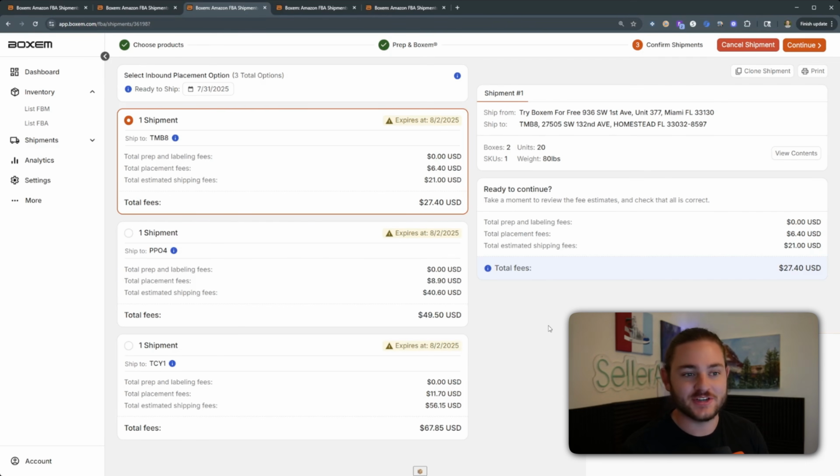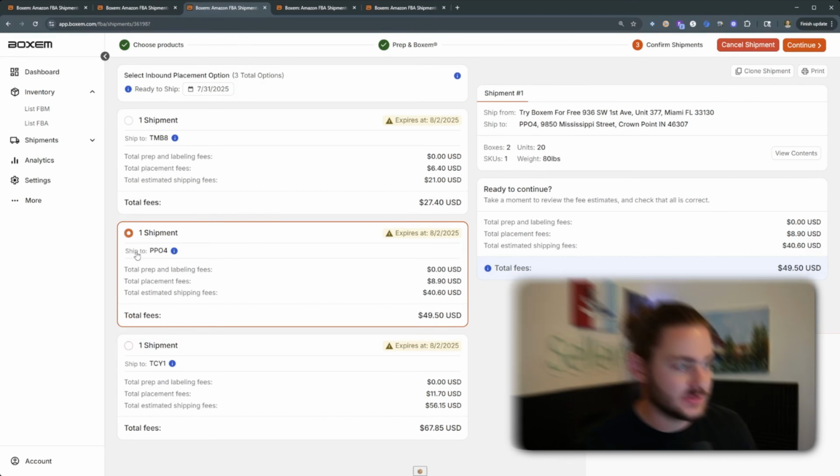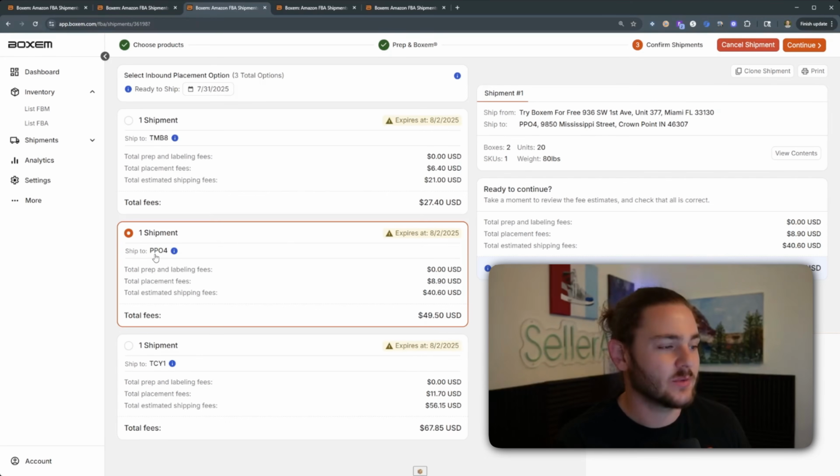After all the information is sent off to Amazon, you're going to see some quotes for the shipping here as well. So you can see here we sent an 80-pound example shipment, and this is going to cost us about 27 bucks to send to another warehouse in Florida. And then you can also see multiple other options so that you always know you're getting the best price on shipping when you buy through Boxem,